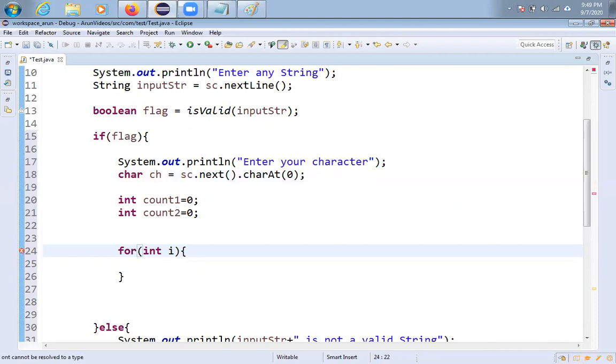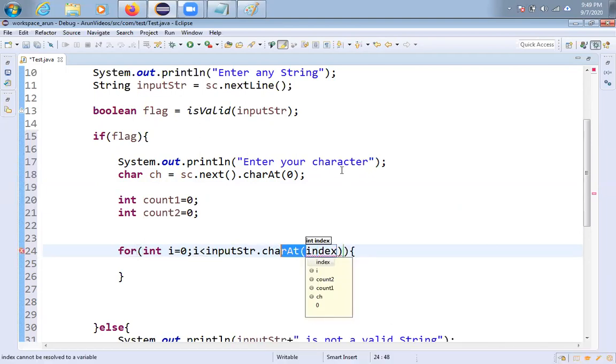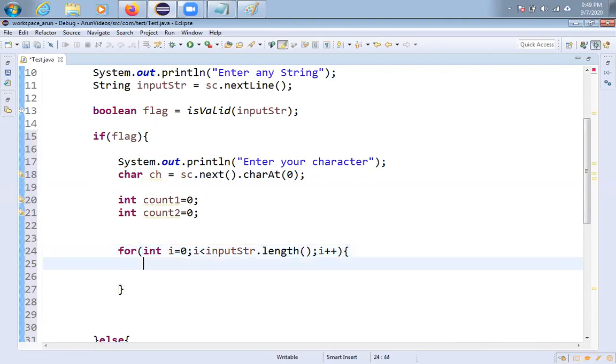It's like integer i equal to 0, i less than input string dot length, i plus plus. Any errors? Remove one thing, friends. Yeah, that's it.